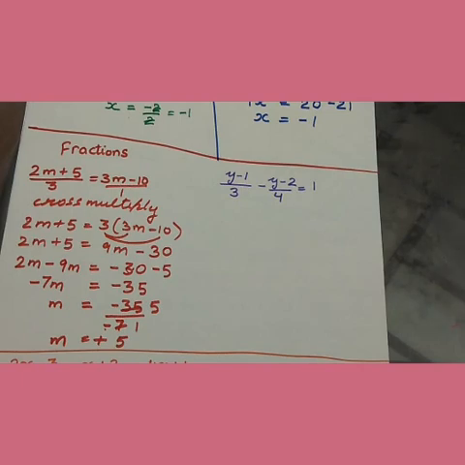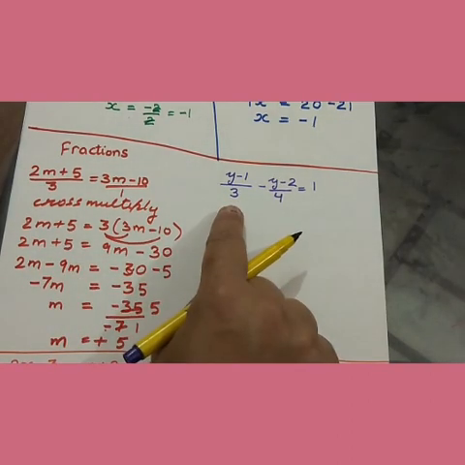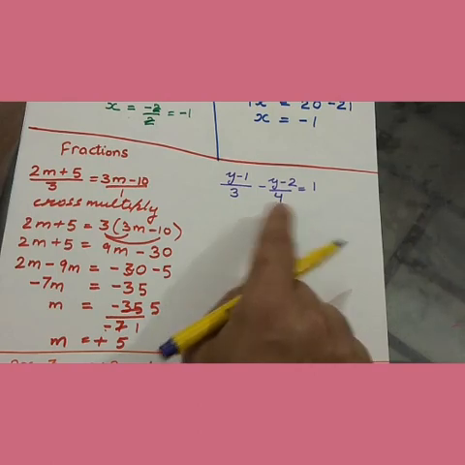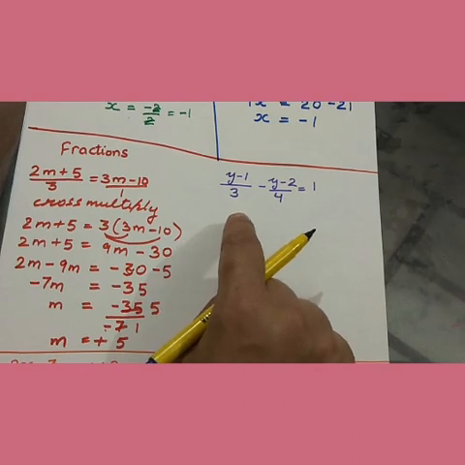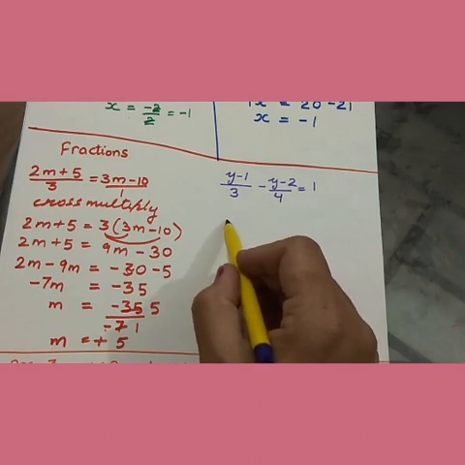Next type of equation, you can see over here there are two fractions, and see that for the first term the fraction is 3, and when you are taking it as this 3, it means it is a denominator of y also and minus 1 also. But this 4 is a denominator of y and minus 2. You cannot take minus 1 directly to the other side because it means this is minus 1 upon 3. So in such cases, since they are unlike,